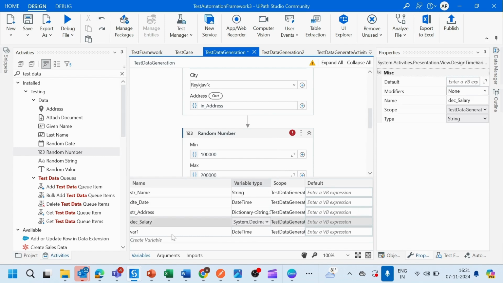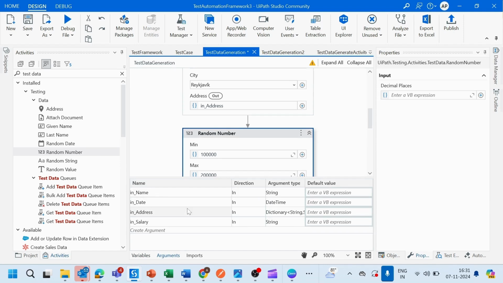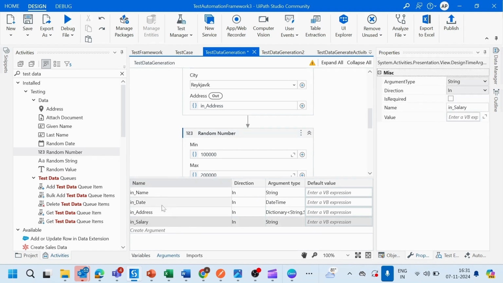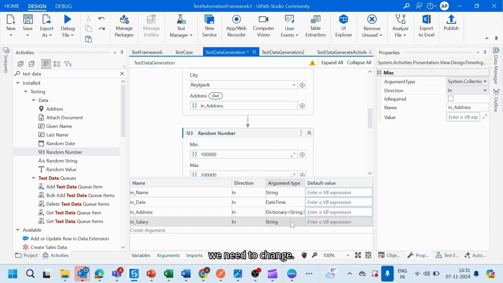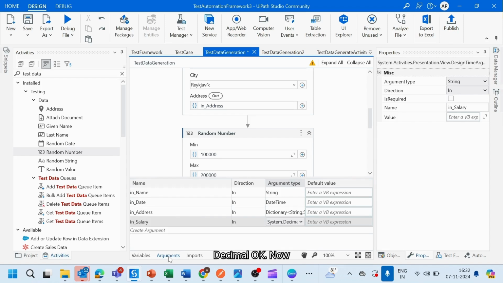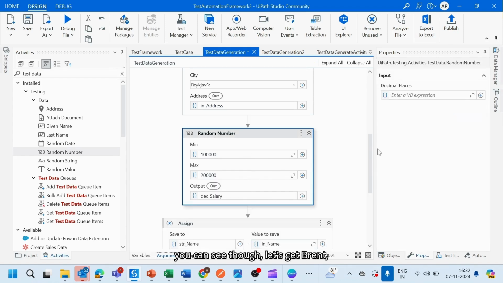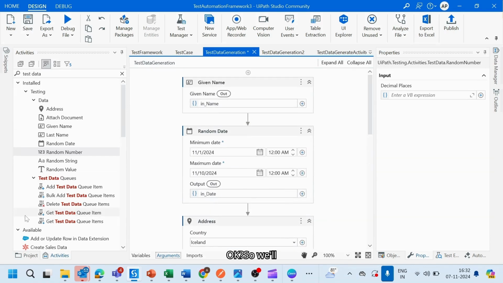Decimal. Okay. Then for dictionary, this one also I will change it to DSC for dictionary. Then address we are done. For the salary, we need to change it to decimal. Okay. Now we can see it's gone well. Okay. So we'll see here